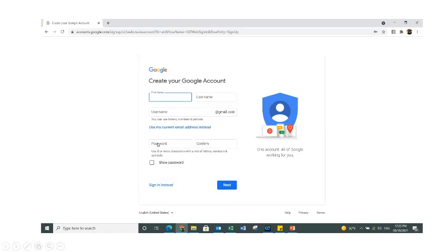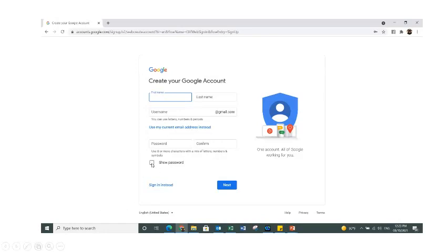Then you need to enter a password, and then you need to re-enter your password to confirm. Because at times what happens is when we are typing erroneously, we may use a capital or uppercase letter or a small or lowercase letter. So just to make sure that whatever password you want to use to keep your account secure and access your account is correct, that is the reason why Google is asking you to enter your password two times.